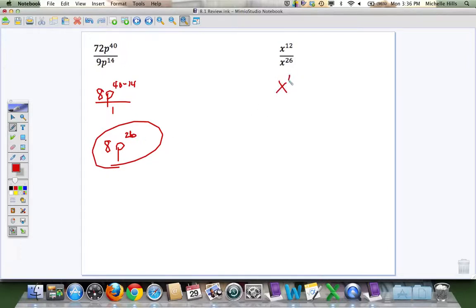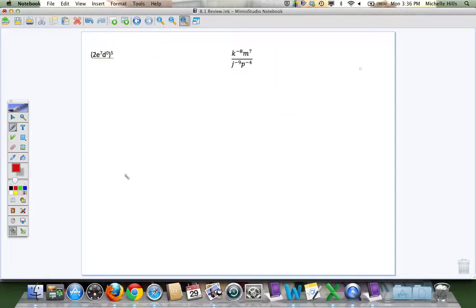Subtracting the exponents, so x to the 12 minus 26th power, gives me x to the negative 14th power, but I can't have an answer that's got a negative exponent. This is like x to the negative 14th over 1. So the x is not happy. It wants to move. It moves to the denominator to become an x to the positive 14. And the coefficient down in front of here was 1. I just didn't write it down. So that 1 stays put. 1 over x to the 14th power.